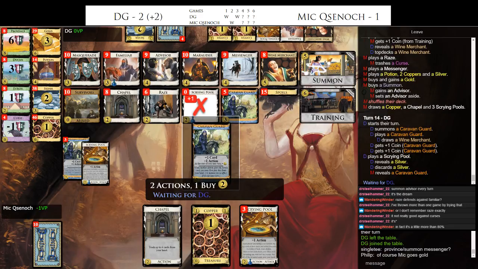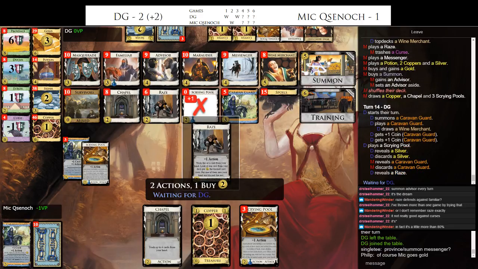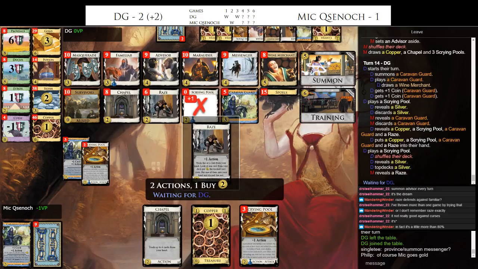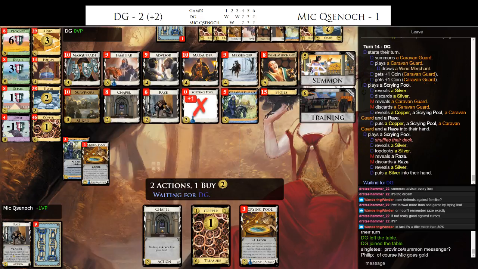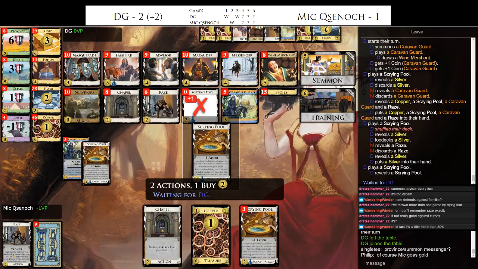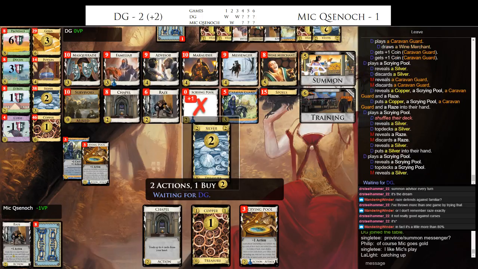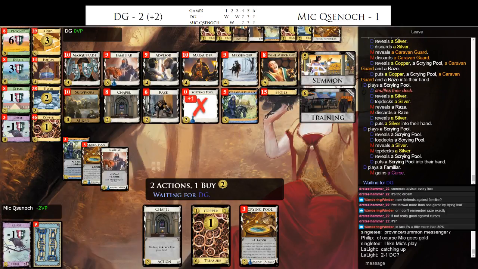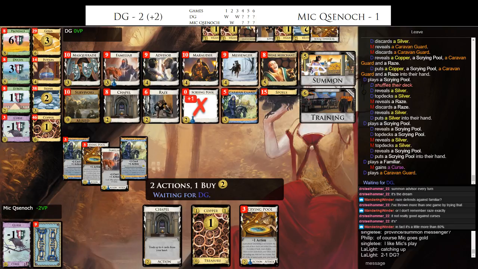And he does have curses in his deck, so getting a play of chapel is going to be useful for Mick here. Yeah, it's going to be extremely good for Mick to be able to play his messenger for his plus buy and his chapel on the same turn to get this junk out. And he does have $16 of payload now, so he could potentially double province